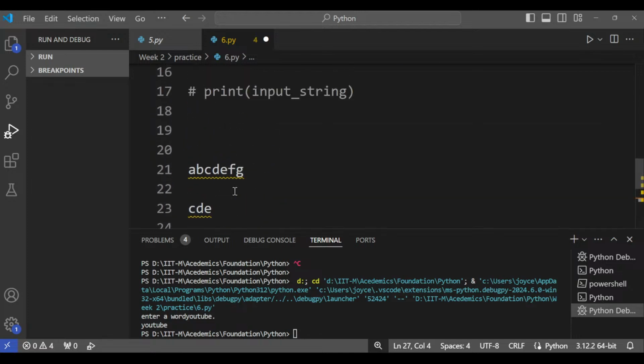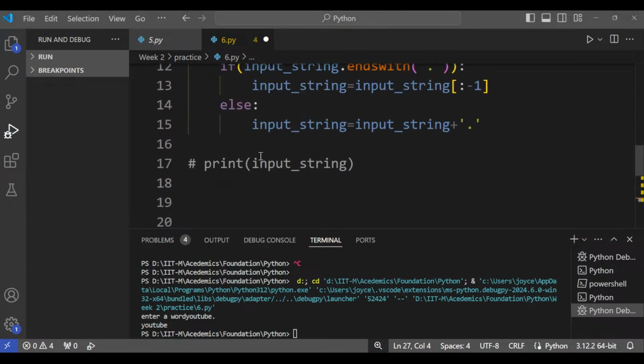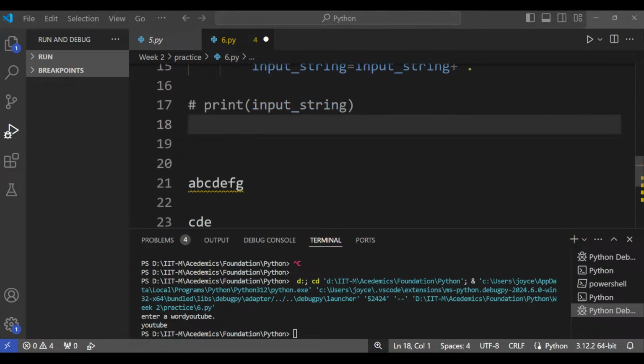That is one way of doing it, I think. Let me think. Is there any other way of doing it? Hmm. I guess that would be the best way. So fine. So what do we do is